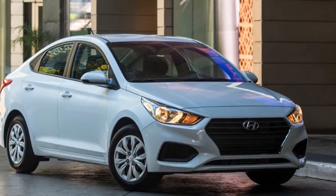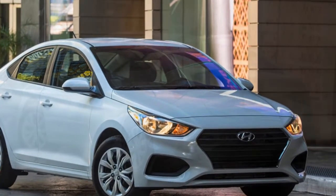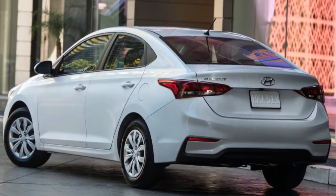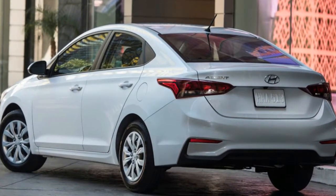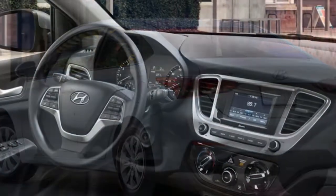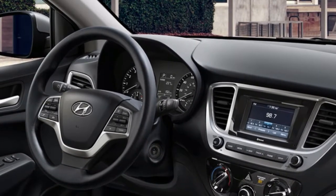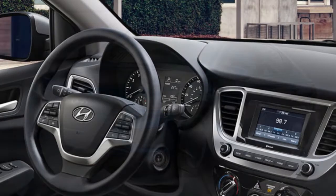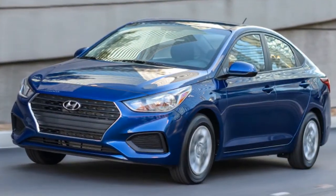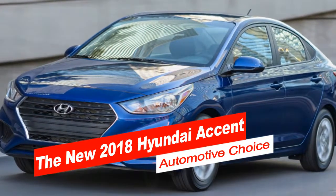Pricing is one last advantage for the Accent. Its tested price of just shy of $16,000, including destination charge, is cheaper than a comparably equipped Ford Fiesta, Chevy Sonic, Honda Fit, Toyota Yaris iA or Nissan Versa Note. The same goes for automatic-equipped versions of those other cars, though the Hyundai slips over the $16,000 mark there. The Mitsubishi Mirage and Nissan Versa sedan can claim better pricing, but they're also much worse